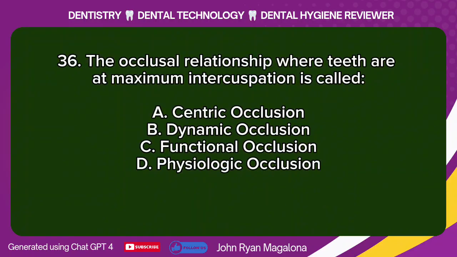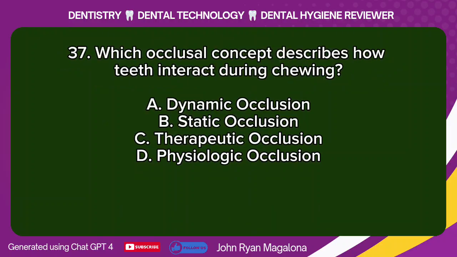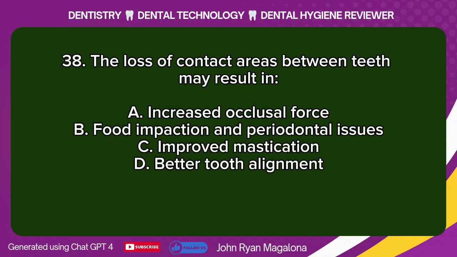36. The occlusal relationship where teeth are at maximum intercuspation is called: A. Centric occlusion, B. Dynamic occlusion, C. Functional occlusion, D. Physiologic occlusion. Answer: A. Centric occlusion. 37. Which occlusal concept describes how teeth interact during chewing? A. Dynamic occlusion, B. Static occlusion, C. Therapeutic occlusion, D. Physiologic occlusion. Answer: A. Dynamic occlusion. 38. The loss of contact areas between teeth may result in: